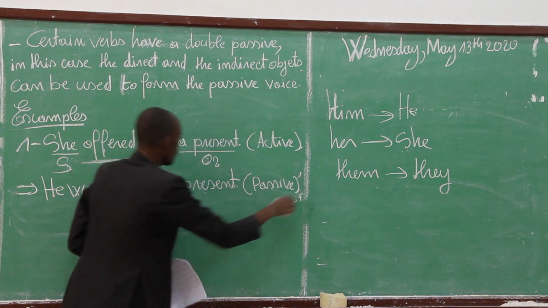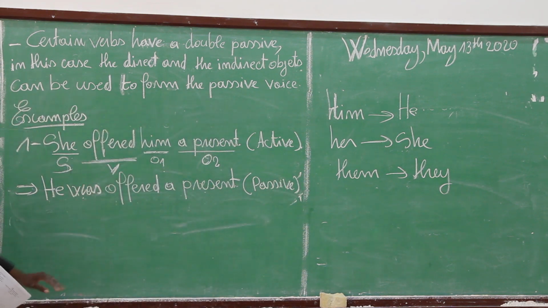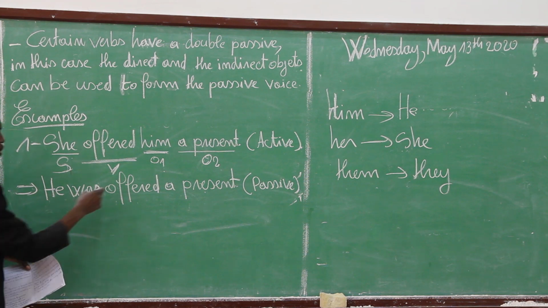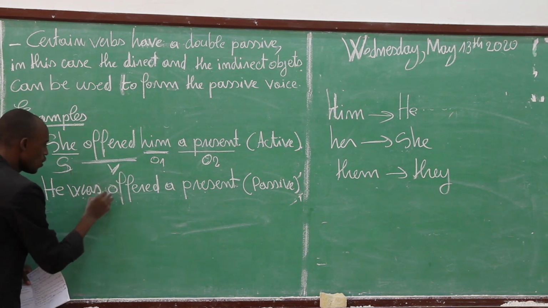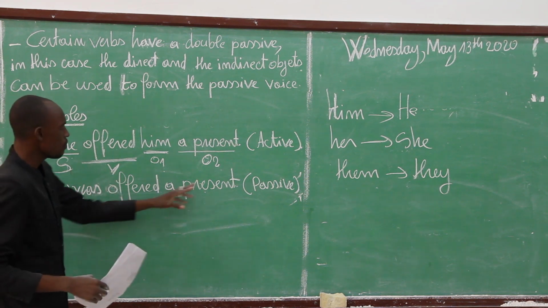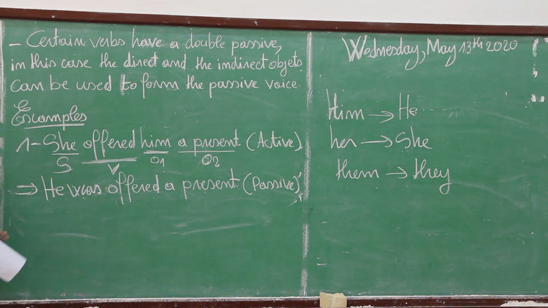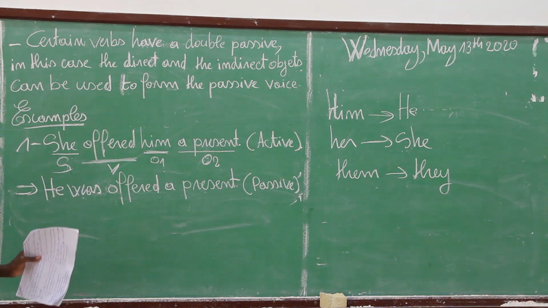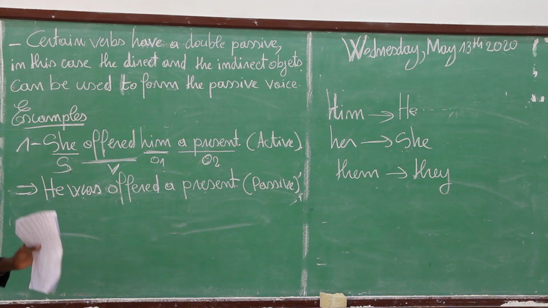And here we have used the first object. He was offered a present. This is the first possibility. When we talk about passive voice, when we deal with a sentence in which we can have two objects,